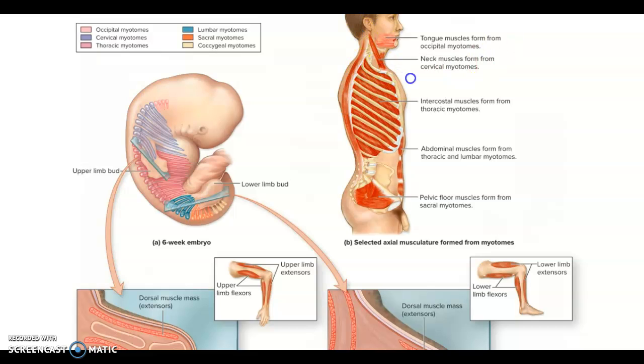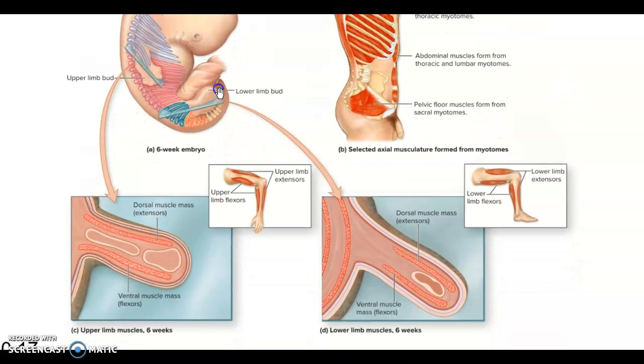So each one of these sets of muscles in between all have the same function. Here are the intercostal muscles from thoracic myotomes, abdominal muscles from thoracic and lumbar myotomes, and the pelvic floor formed from sacral